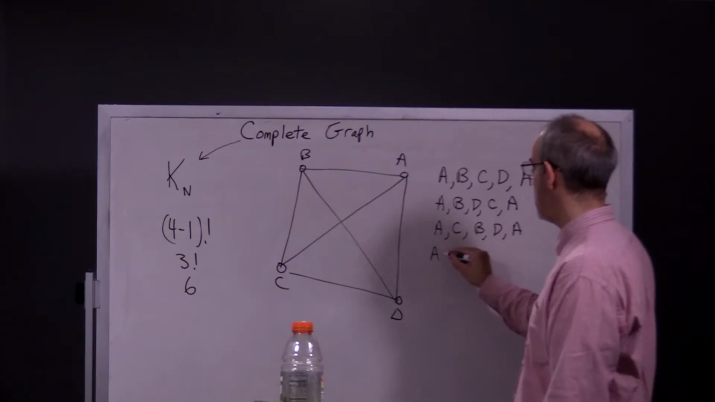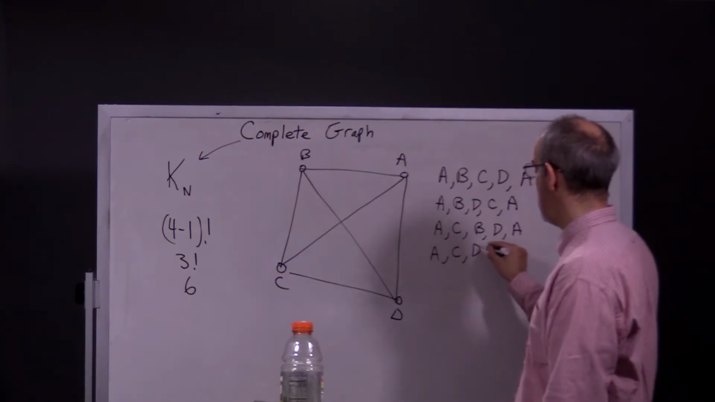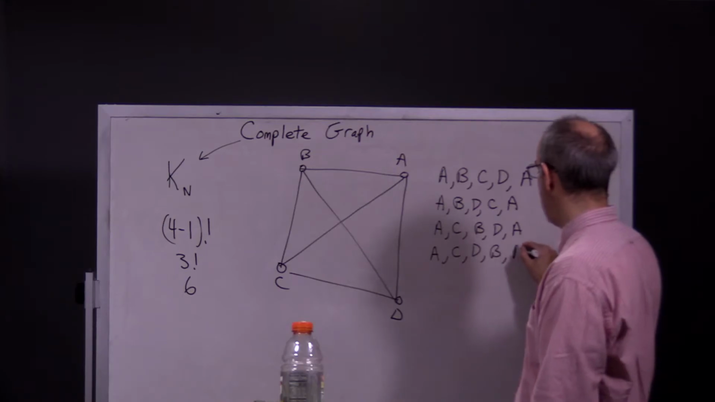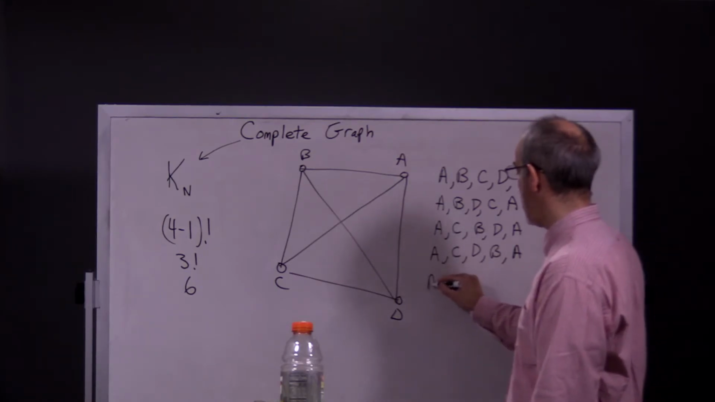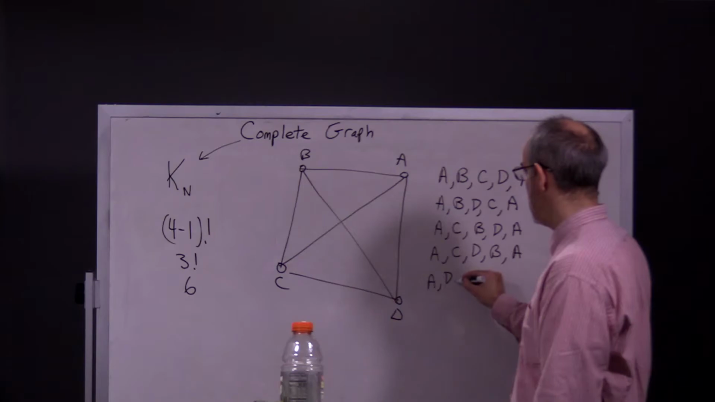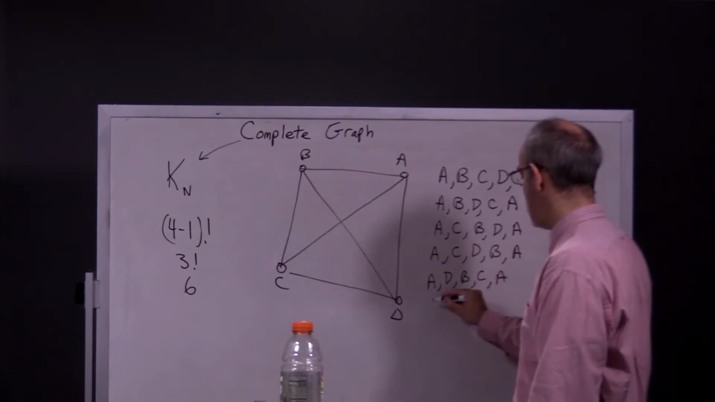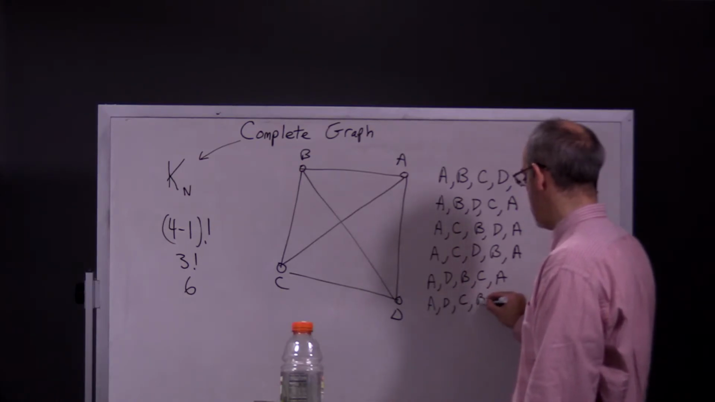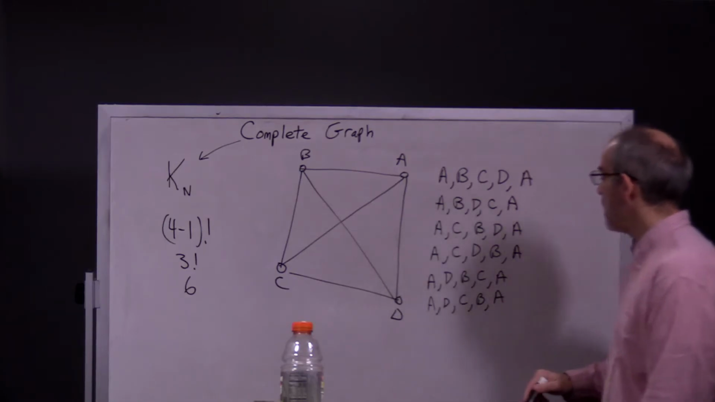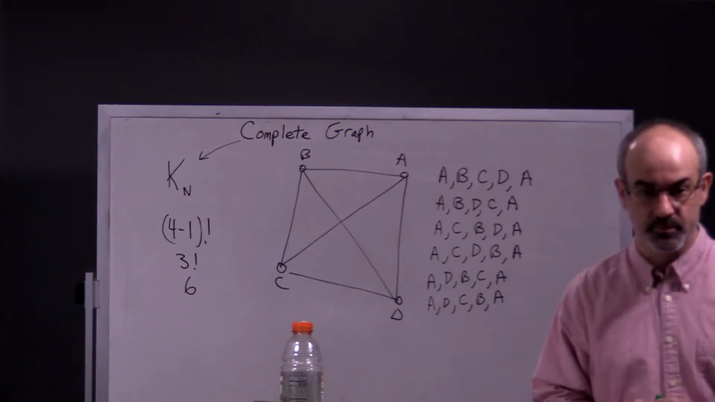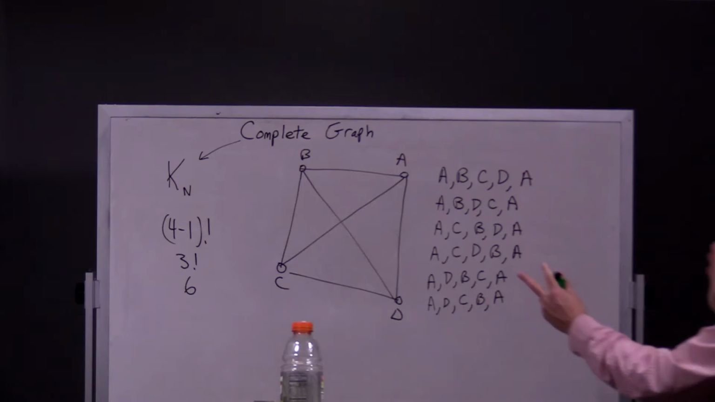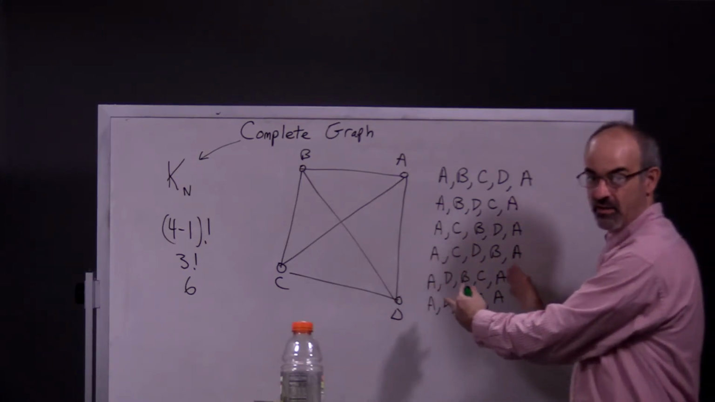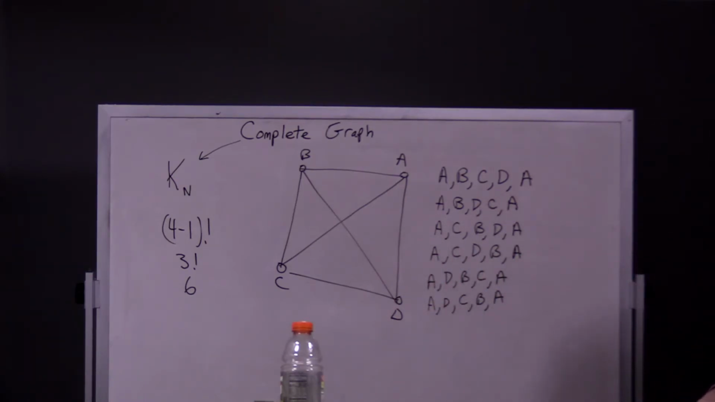I could go A to C to D to B to A. Then I could go A to D to B to C to A. And lastly, I could go from A to D to C to B to A. Those are the 6 ways. I don't know why my writing got shorter as I went down, but notice I did it